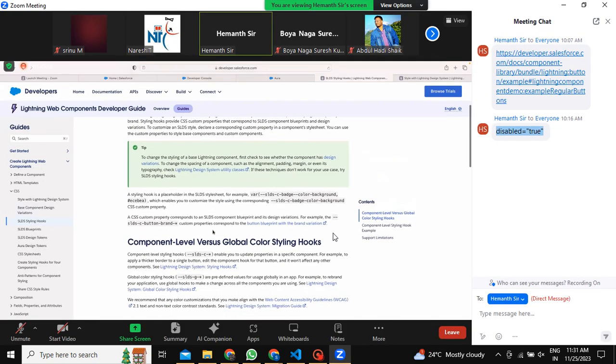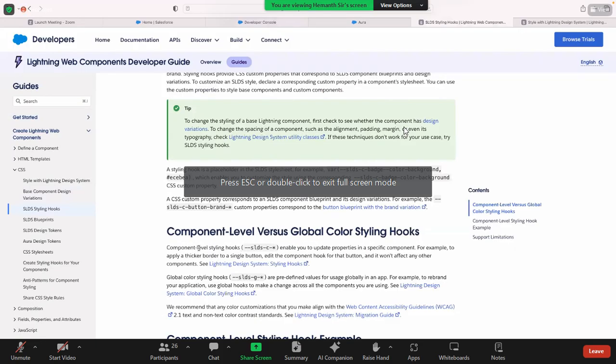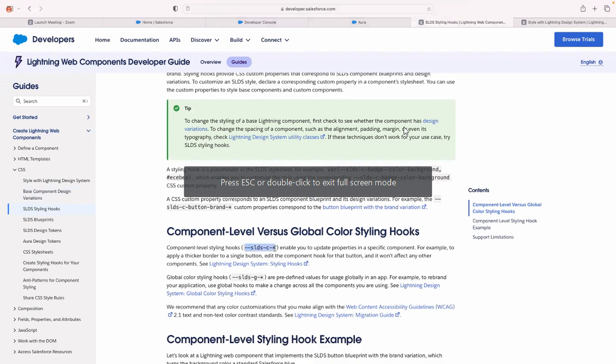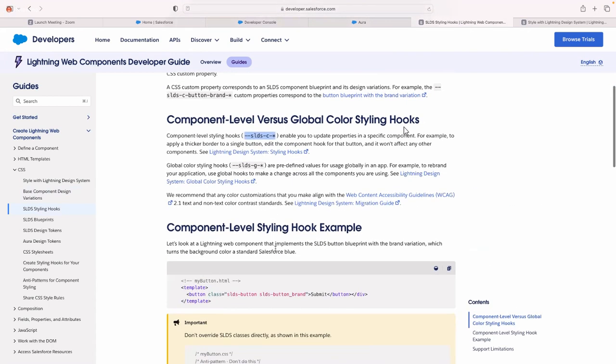Hooks. Okay, SLDS styling hook. What does SLDS styling hook mean? This is known as SLDS styling hook. So using this, what can we do? Using this, what we can do is